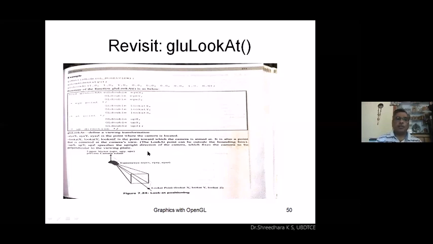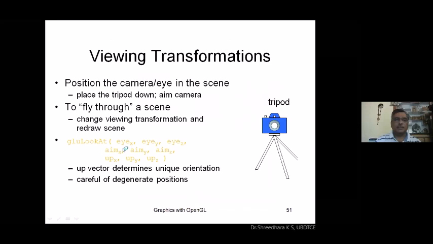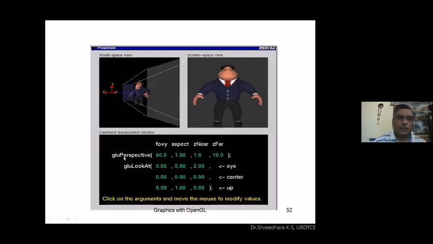Position the camera in the scene, place the tripod down and aim the camera. I think we already discussed this API. We are just revisiting the effect of gluLookAt in the next program. Here we are using gluPerspective or frustum, whichever you can use. Both of them will give the perspective projection.